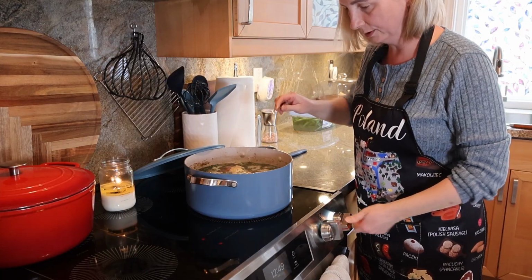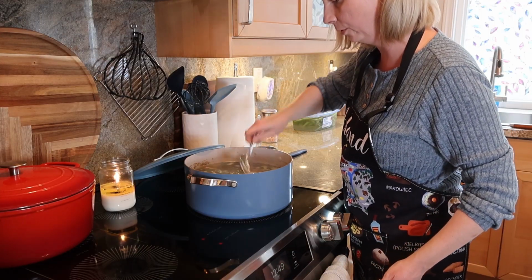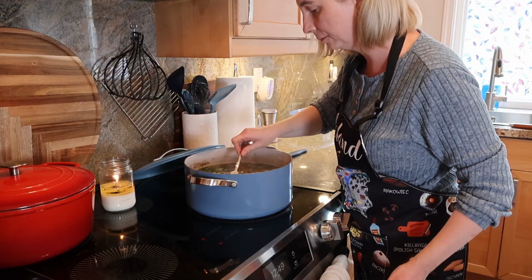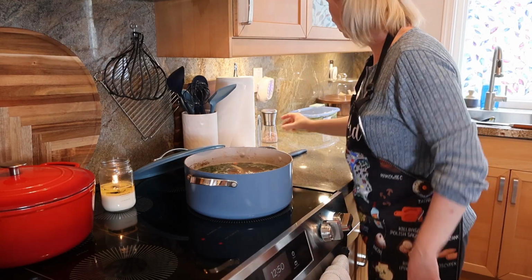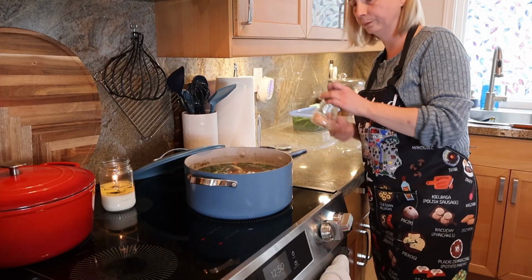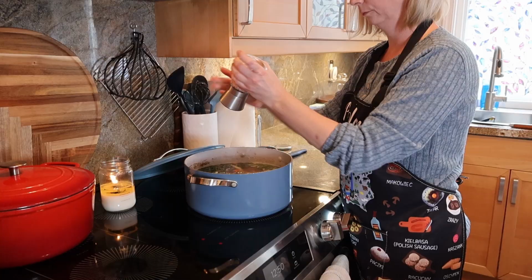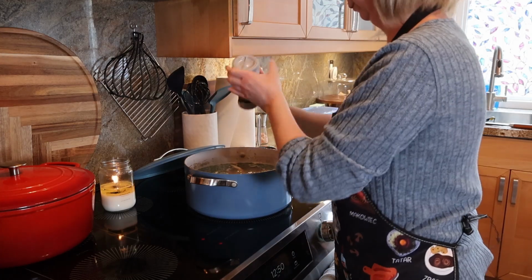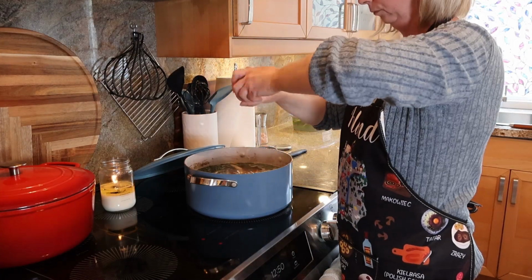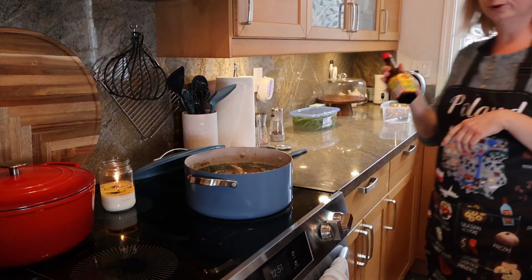So the soup is cooking. Let me try if I need to add any salt or pepper into it. Definitely salt, definitely pepper. Salt, pepper. And now I'm just going to add